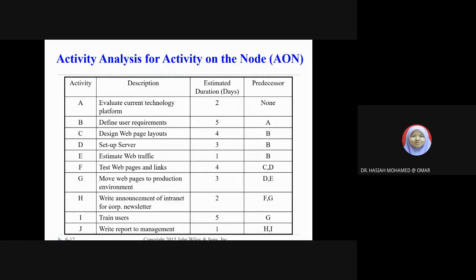So for each of the activities, we can have the description and estimated days. Okay, so for this table, on how we can read that, the estimated duration of days for activity A is 2 days. And that's